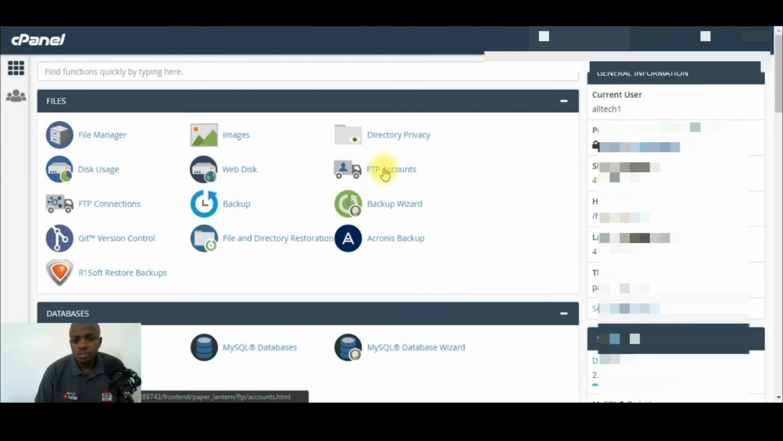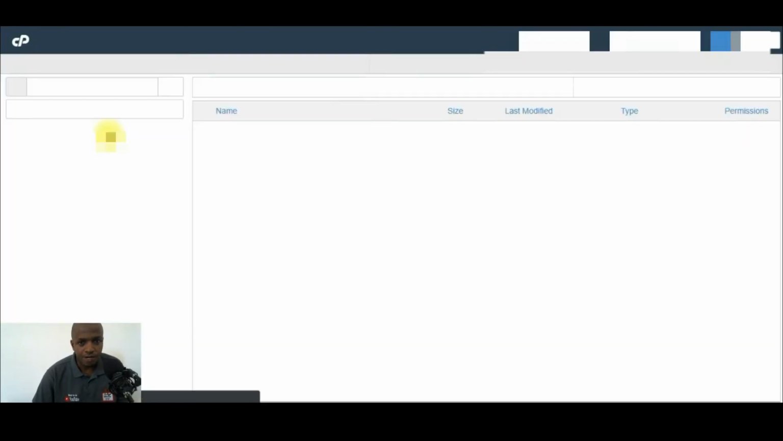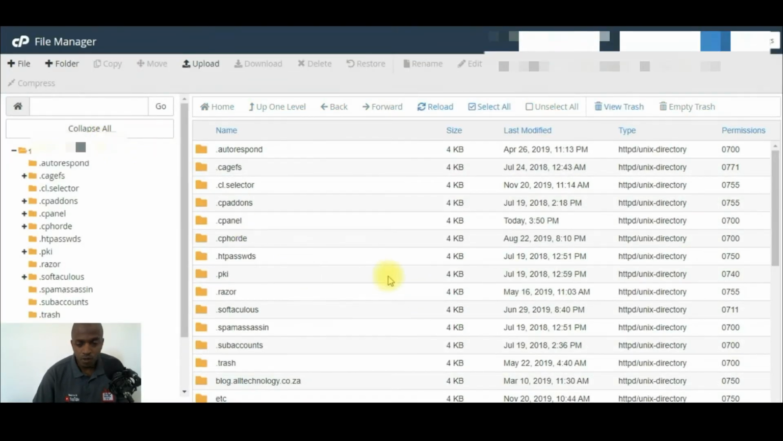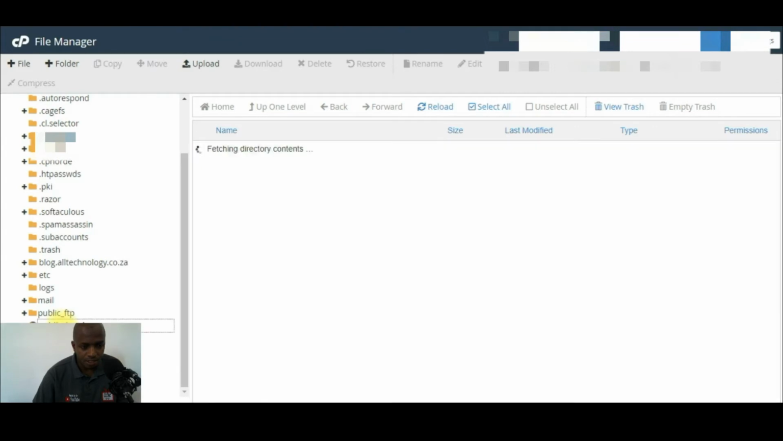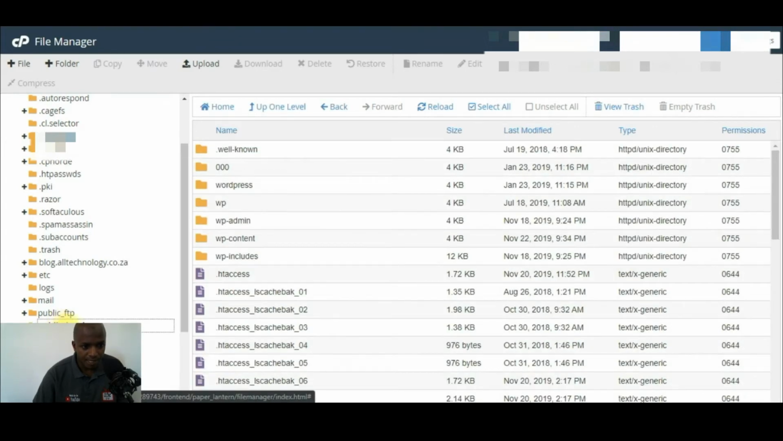Okay, so right now I'm on my cPanel. Je suis dans le cPanel de mon site. So you come to File Manager. Je vais cliquer File Manager. Donc à partir d'ici, vous venez dans Public HTML. So you must come to Public HTML. From here we are going to upload that file inside here. So I'm going to click Upload,